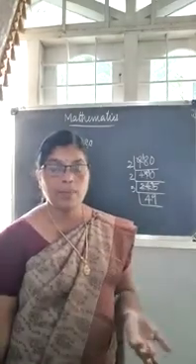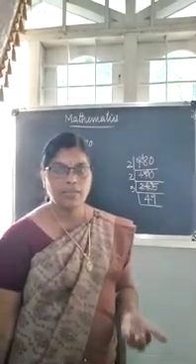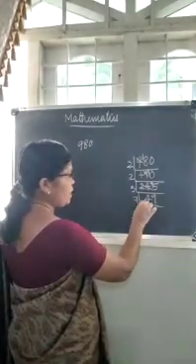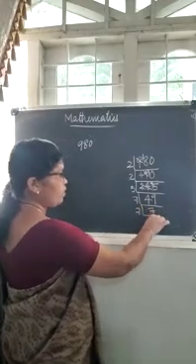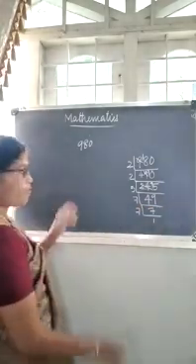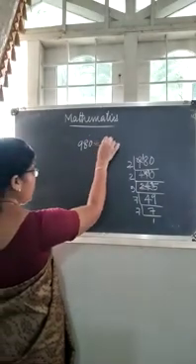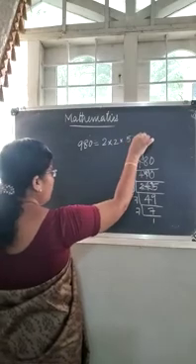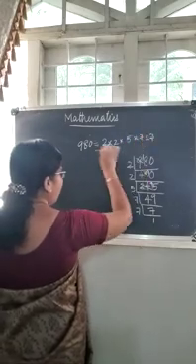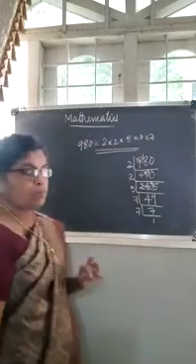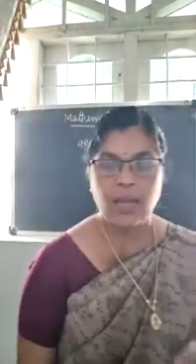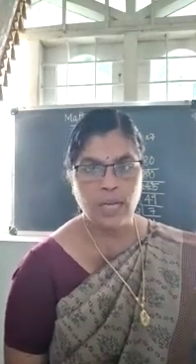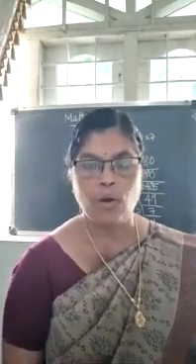Now the next prime number is 7. 7 7's are 49. So we can divide it by 7. 7 7's are 49. Again by 7, 1 we get. Right? So the prime factorization of 980 is 2 into 2 into 5 into 7 into 7. This is the prime factorization, or 980 expressed as the product of primes. Then we can write like this. Okay. Now it has become the product of primes.